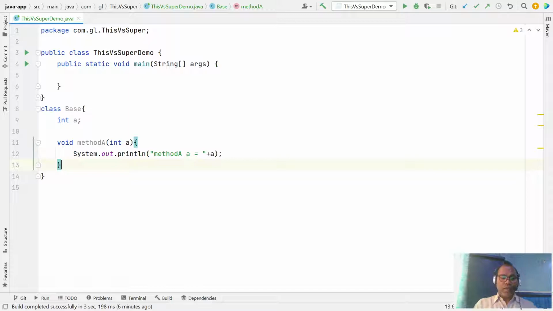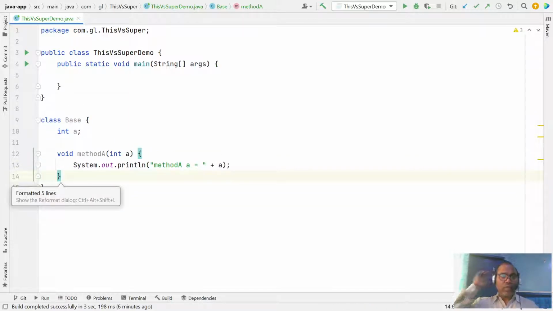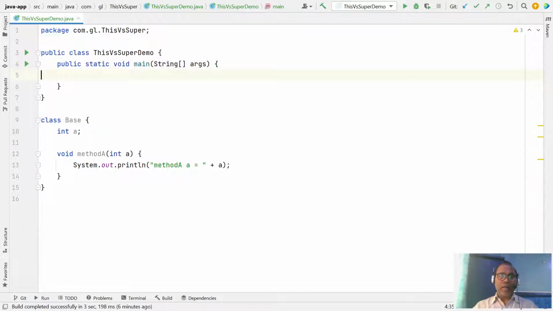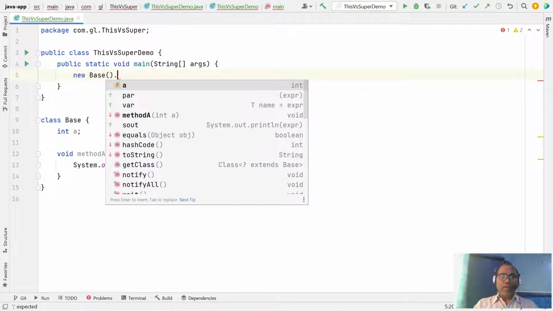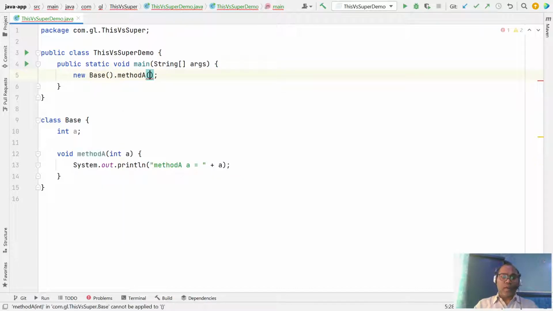This is the way you can use any variable. If you create the object, new Base, after that you can invoke your method, like with 10 and 100. So in this way you are using this variable.